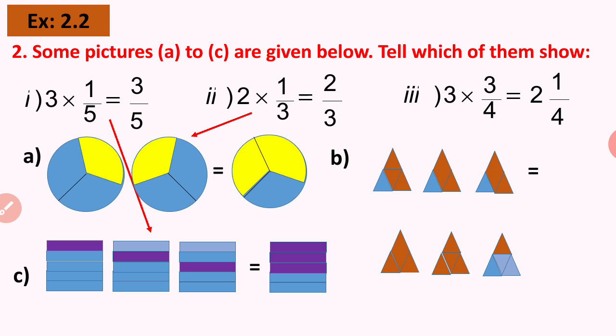The third one, now it is 3 by 4. So out of 4 parts, 3 parts are shaded, but when we are multiplying it by 3, that means 3 times such numbers are taken in. So the final answer comes out to be 2 and 1/4, because we are multiplying 3 by 3, that is the whole number by the numerator. So it comes out to be 9 parts in all shaded out of 4. When I convert this 9 by 4 into a mixed fraction, we get 2 complete and 1/4. This is how we get the third one.